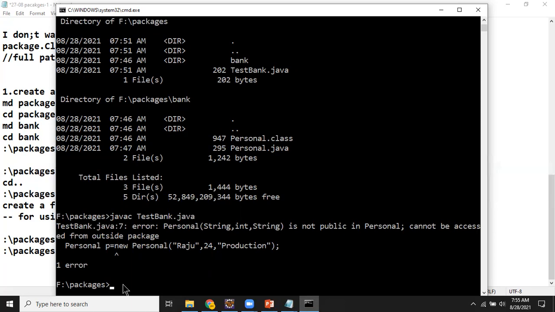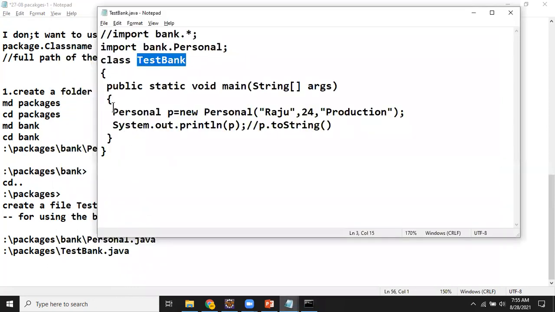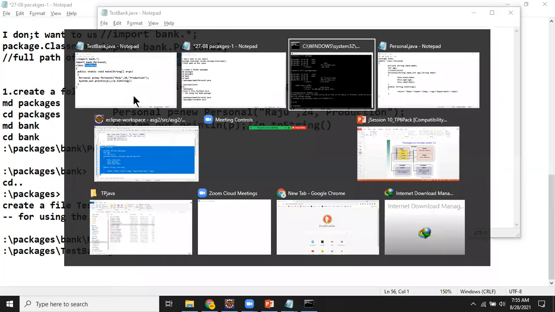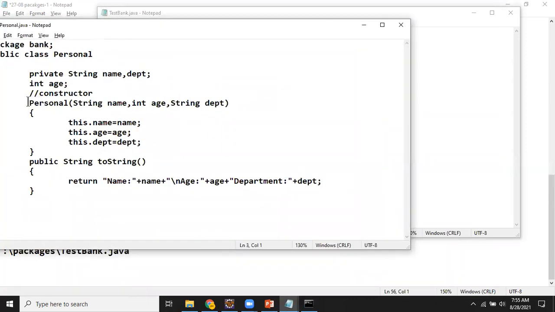That means it is acting as a default member there. So what I do is I'll go to the personal class. In the personal class, I want the constructor to be accessed outside my package. So I'll make this one public there, and then I'll save it.